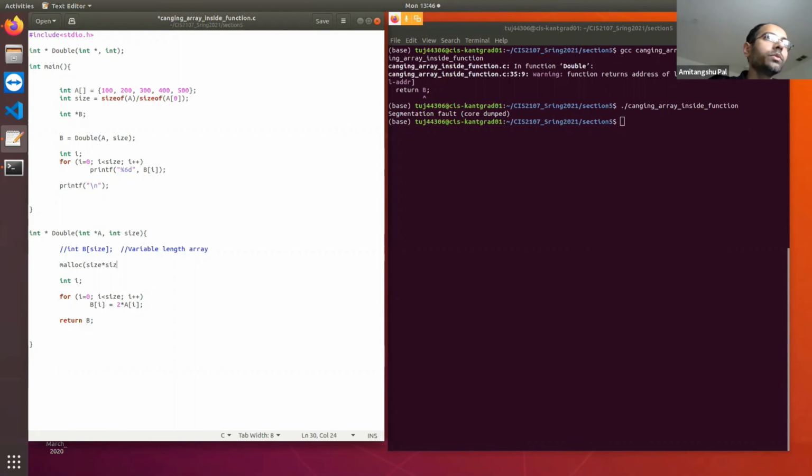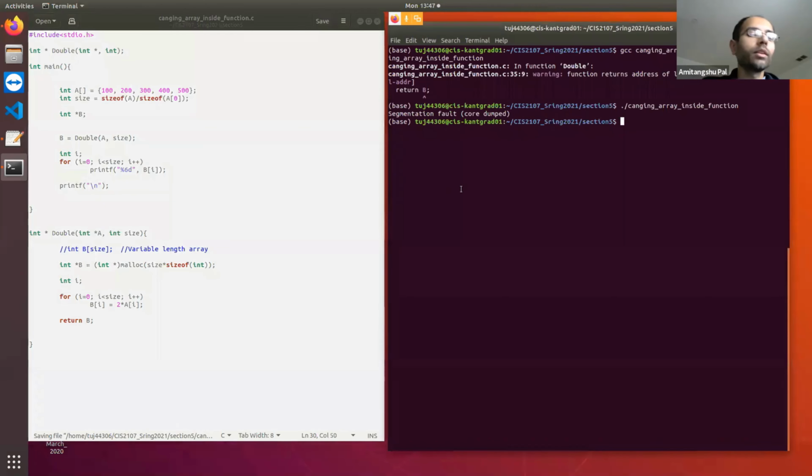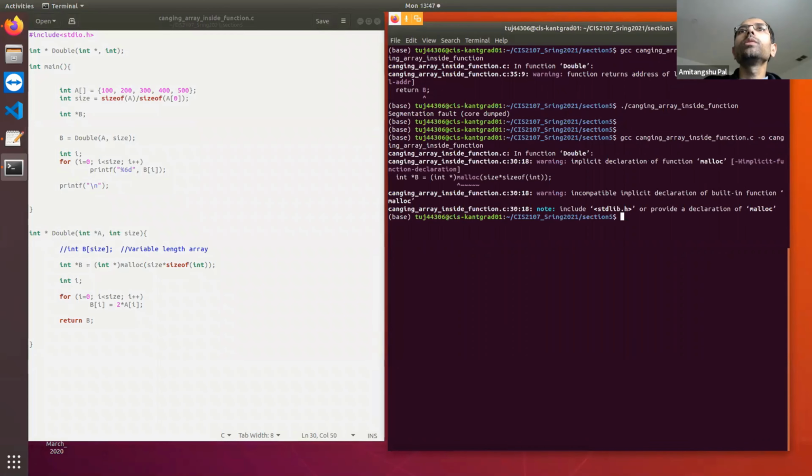So size times size of integer, and as I said that it will return a byte pointer, so I need to convert it to an integer pointer, and then I can write integer pointer b is equal to this. Okay, so I'm basically doing the same thing, but I am allocating the memory in the heap space. Clear? So let's see whether this will solve the problem or not.